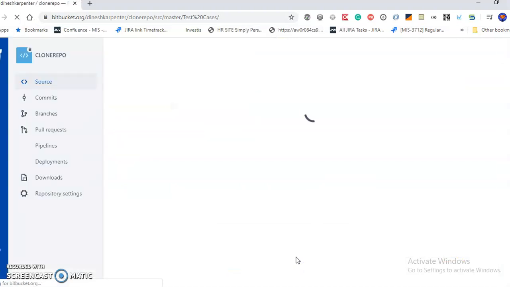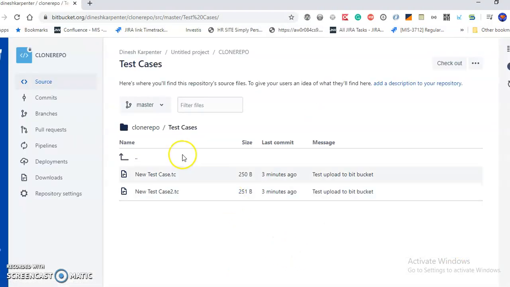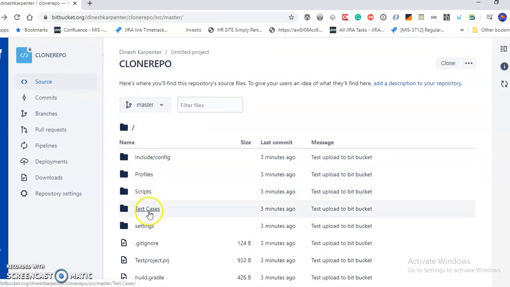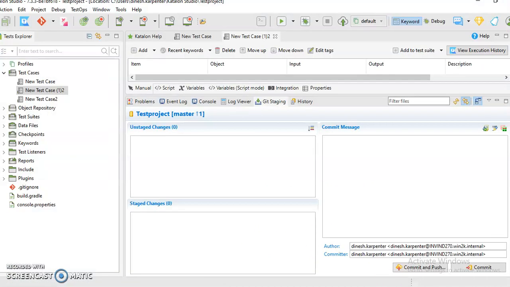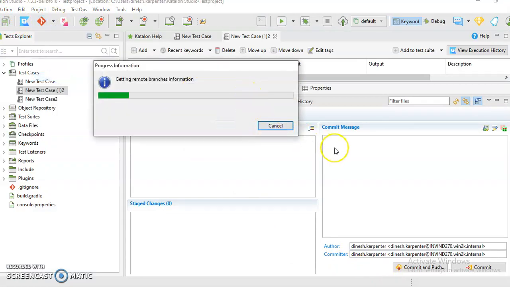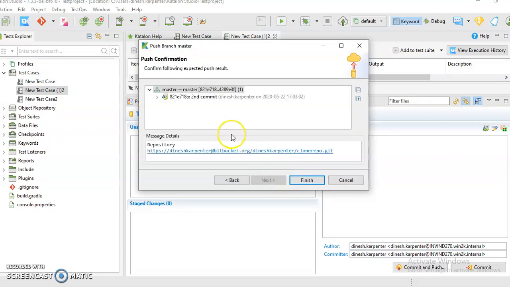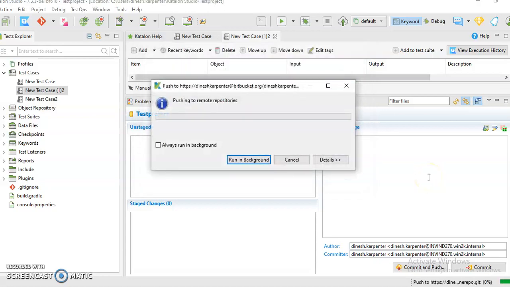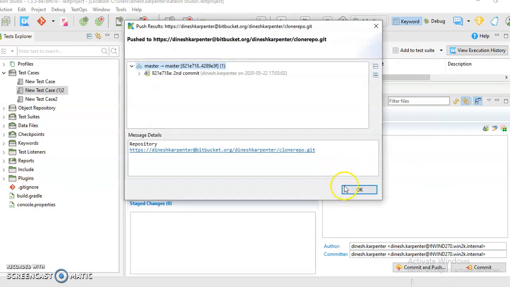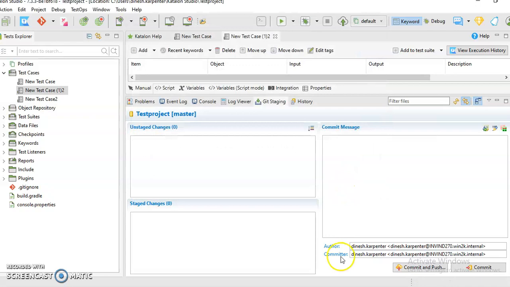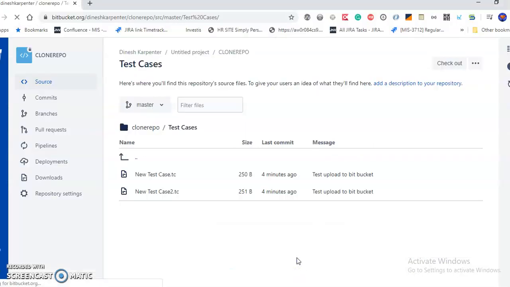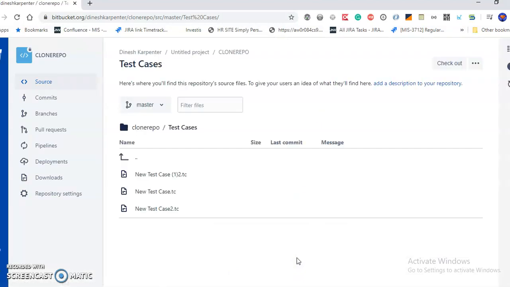Now refresh the page. It's again not showing. Why is it not showing? Let's check the reason. Maybe we have to commit and push the changes, right? So we have to push the changes there. Now the commit has happened. Now you have to push the changes, right? Now it will go to that repository. Say okay. You have to just click OK. So after commit, you have to push changes.